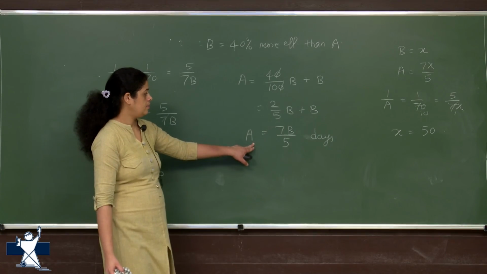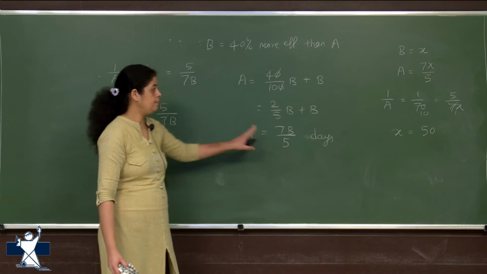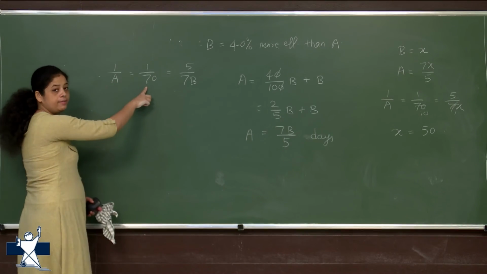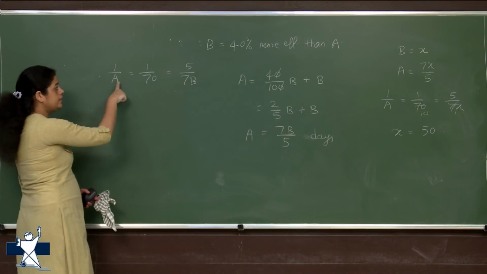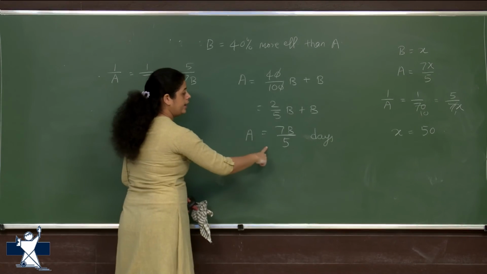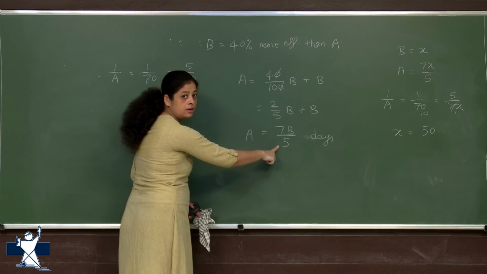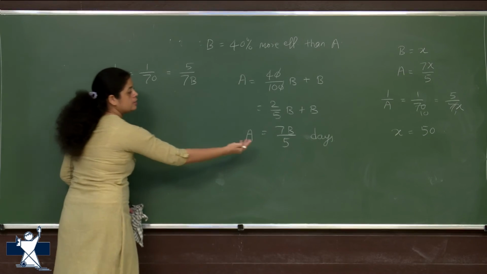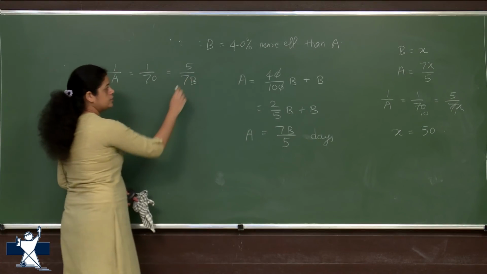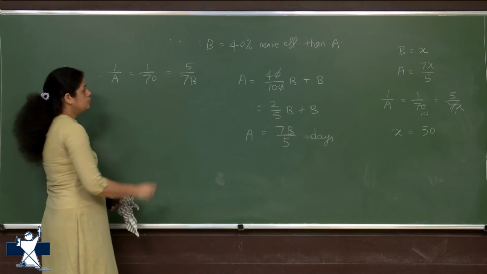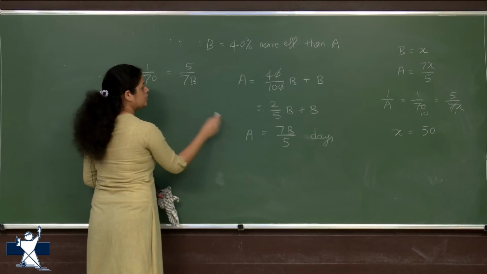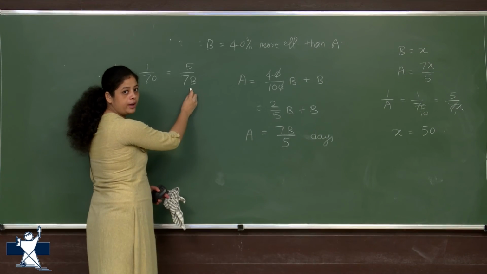यहाँ से देखो A की नंबर ऑफ टोटल डेज हमें समझा, राइट? अब हम क्या कर रहे हैं, A इज टेकिंग टोटल 70 डेज टू, तो एक दिन का A का काम कितना होगा 1/70, एंड वी हैव गॉट हियर कि A इज टेकिंग टोटल 7b by 5 डेज. सो 1 डे वर्क विल बी इसका रेसिप्रोकल, मतलब 5/7b. सो हमें पता है कि 1/70 इज हिज कैपेसिटी, and by calculation we got this answer for 1 day's work of A.